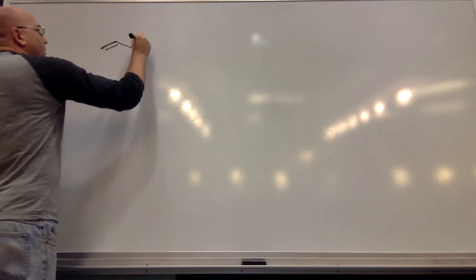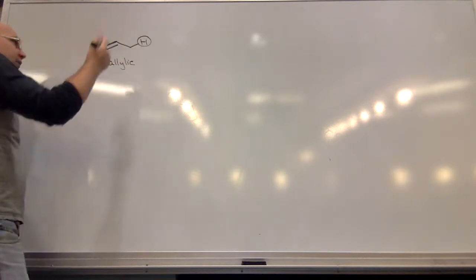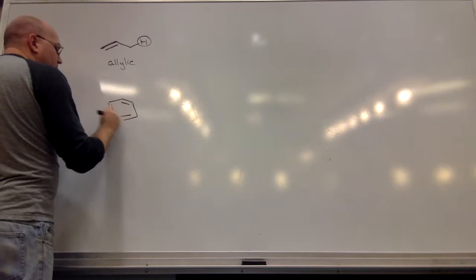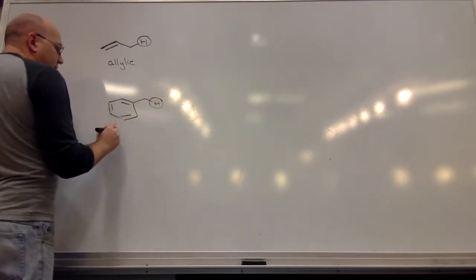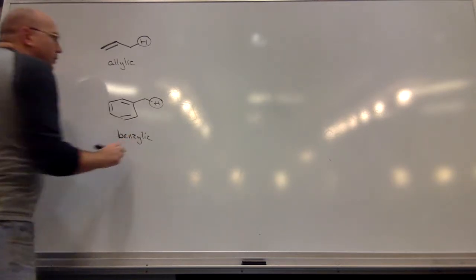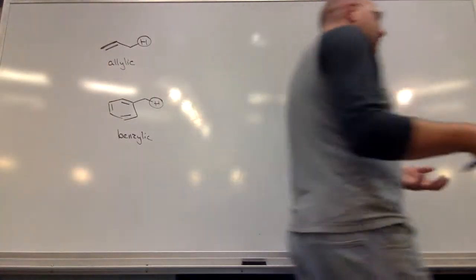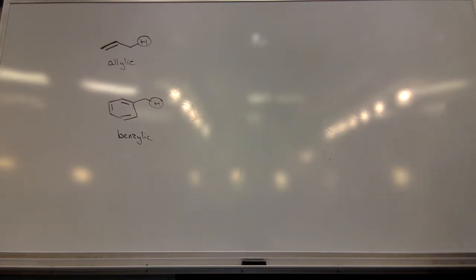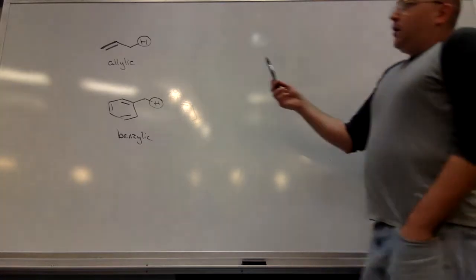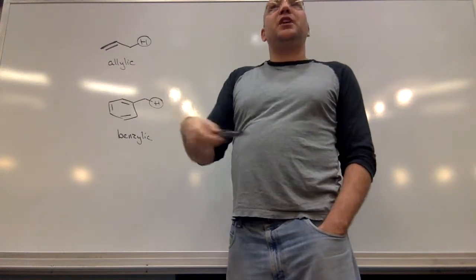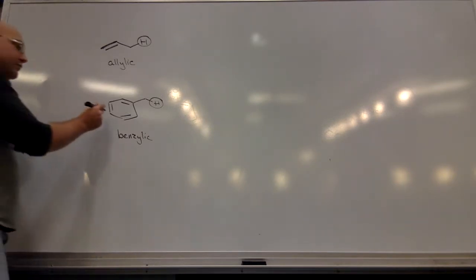So we've certainly seen, when we talked about alkenes, how the carbon next to an alkene is allylic, and that would be an allylic proton. And this here would be benzylic. We talked about how when you have an alkene, for example when we talked about halogenation, the stability of radicals at that position is a little bit more stable than your typical carbon because of resonance. Likewise, chemistry based upon benzylic positions is similarly different than your typical